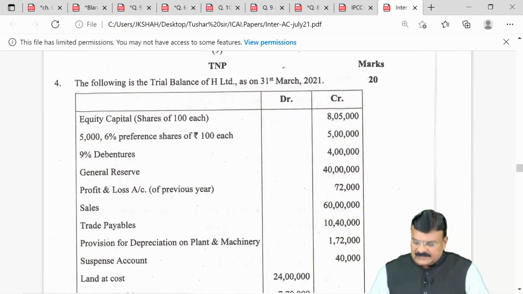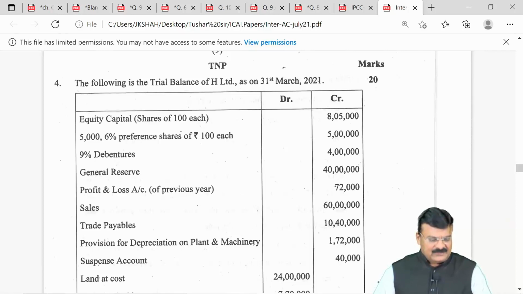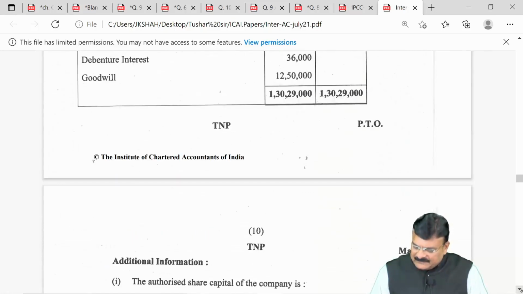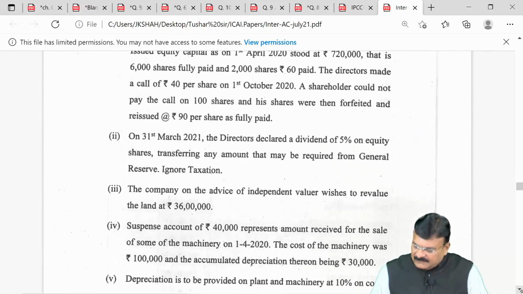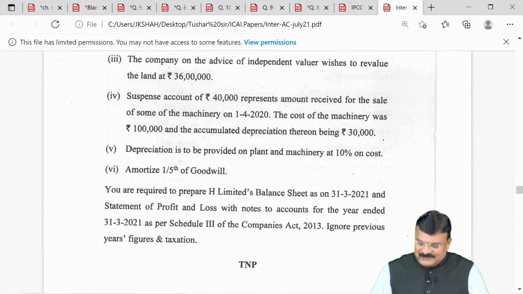The following is a trial balance of H Limited as on 31st March 21. Equity share capital of 100 each, 5,006% preference shares of 100 each. Now if that's the trial balance given to you, and if you see at the bottom of the trial balance, what is asked in the question, last paragraph, you are required to prepare H Limited's balance sheet